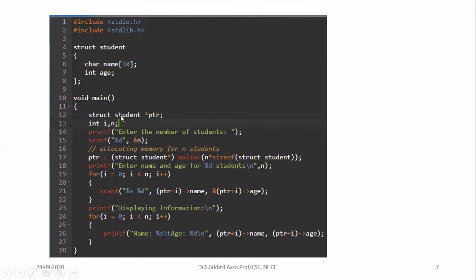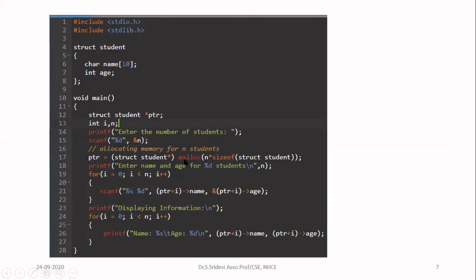Next, what I have to do is from the user, I have to get how many students are there in the class. So using ampersand n in the scanf %d, I am getting the number of students n. Okay, now I am going to allocate the memory. So for allocating the memory, either you can use the function malloc or calloc. You know the difference between malloc and calloc. If you use malloc, you have to give only one argument. In case of calloc, you will give two arguments. Okay, in malloc, the initial memory will have some garbage value, whereas in calloc, it will have 0. This is the main difference between malloc and calloc.